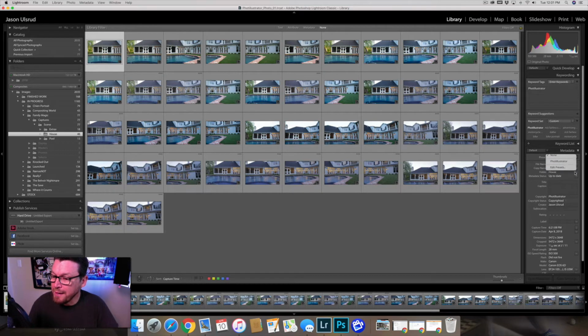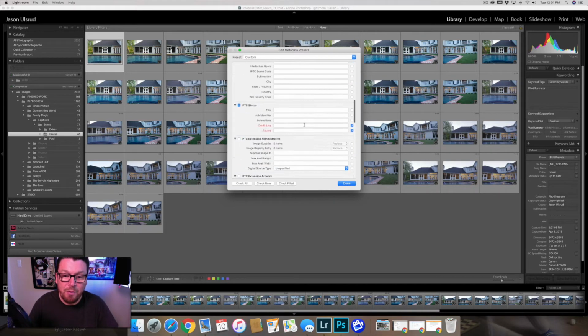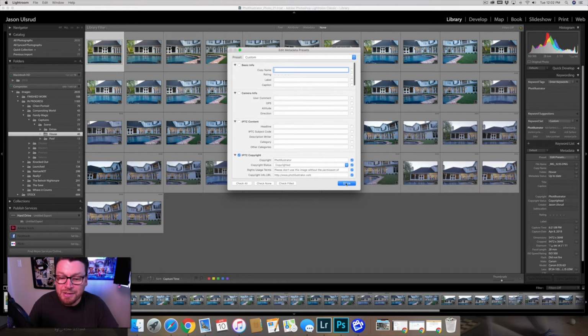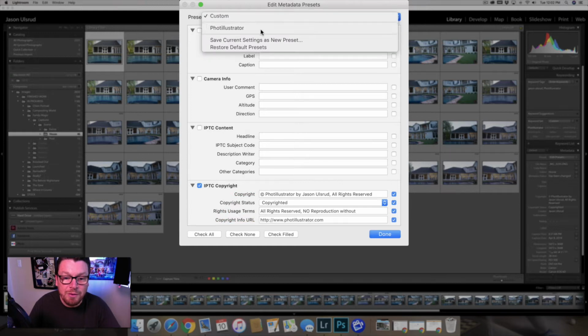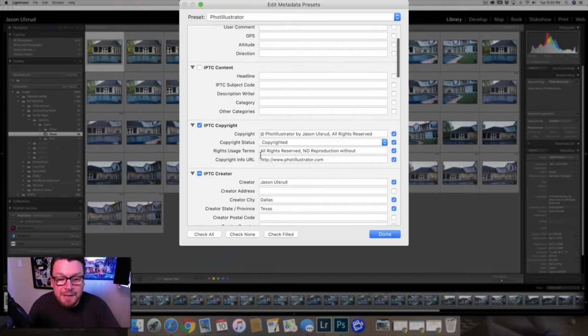we can go to Edit Presets over here under the Metadata tab and Presets, and this brings up a window for you. Let's just do it with, don't save. So you're going to edit it, you're going to create your own, but we're going to go to the one that I'm using, which is Illustrator, so we can look at how I've got it set up. So under the, let's get this mic in closer. So under the